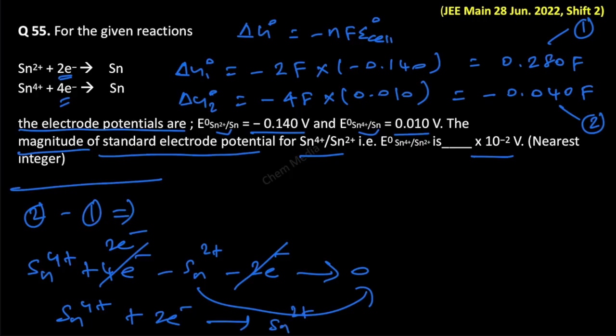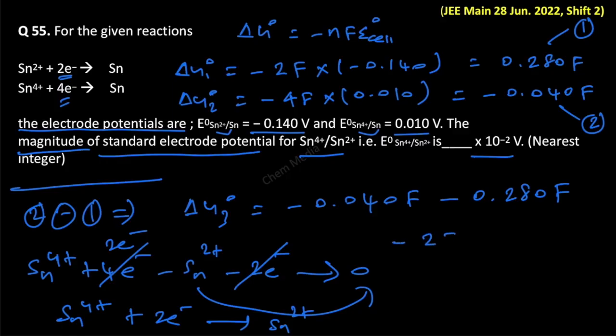So delta G3 standard is equal to delta G2 standard, that is minus 0.040 Faraday, and then again minus because we have a minus sign in the equation, 0.280 Faraday. So minus 2 times Faraday times E cell standard, because here also it involves 2 moles of electrons, that is why 2 here, is equal to minus